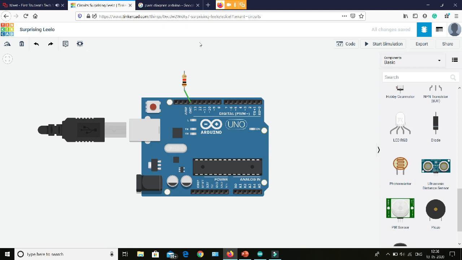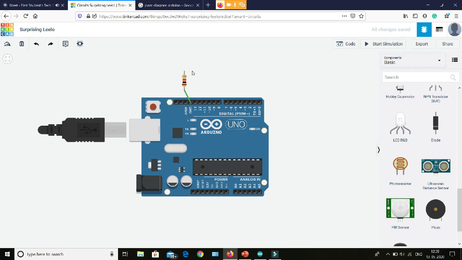We will see only the fading of the LED. So let us program the Arduino to blink it so fast that instead of blinking, it is fading. This is called fading of the LED.